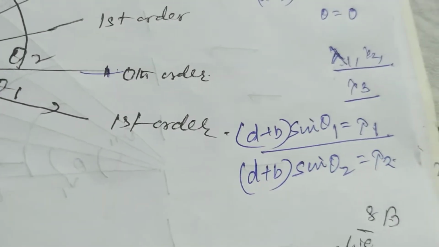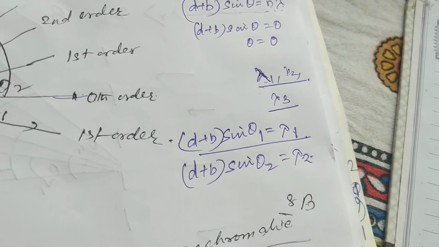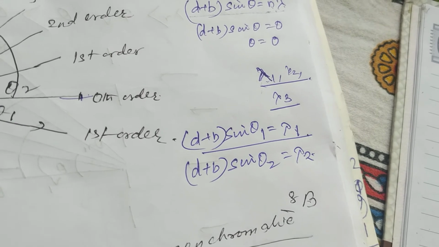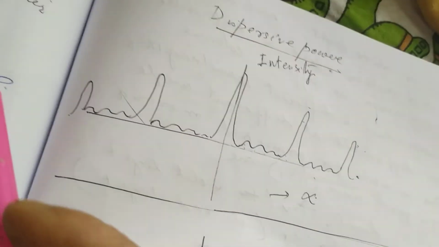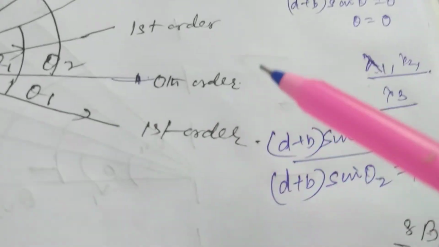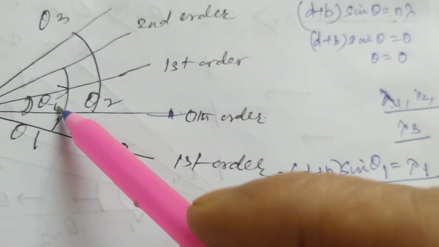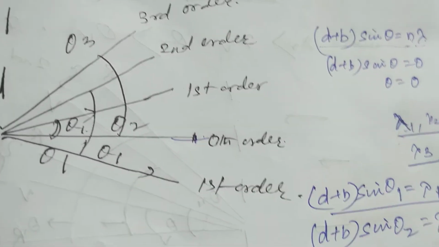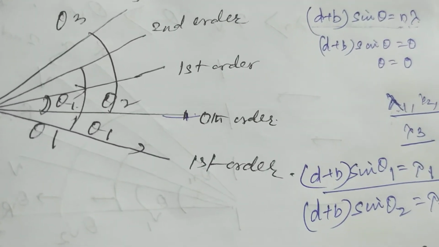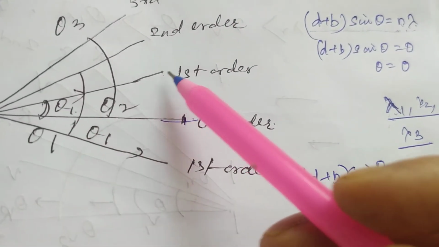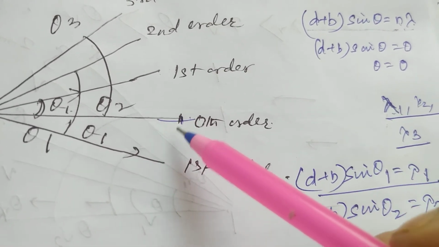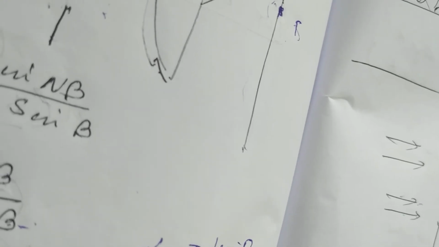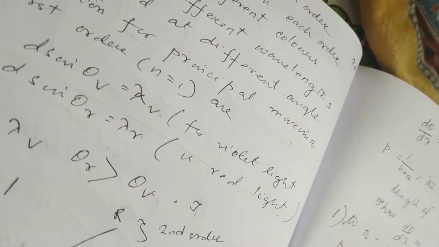Okay, that means these rays will not converge at the same point because it is for theta only. Now for another set of rays which are in theta 1, they will converge at different points. So first order maxima for lambda 1 and lambda 2 will be at different points. So I will get that first order maxima will be at different points.